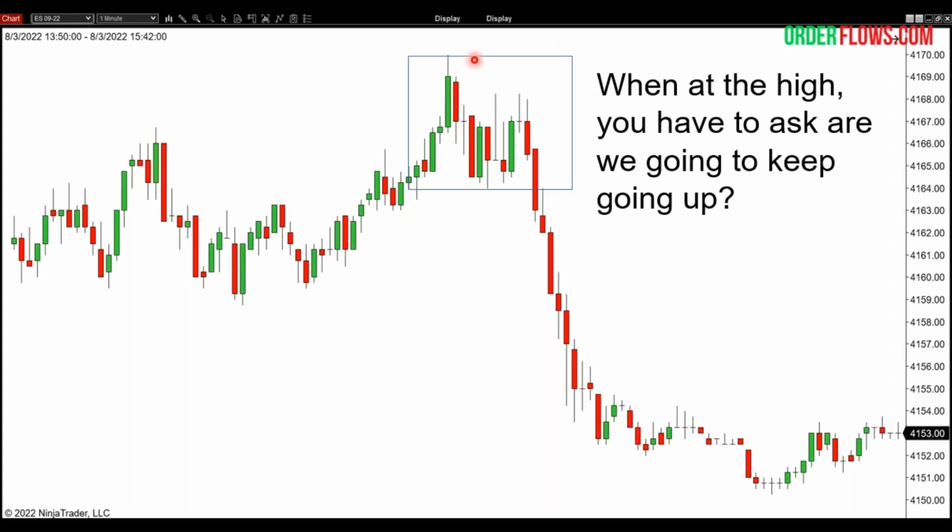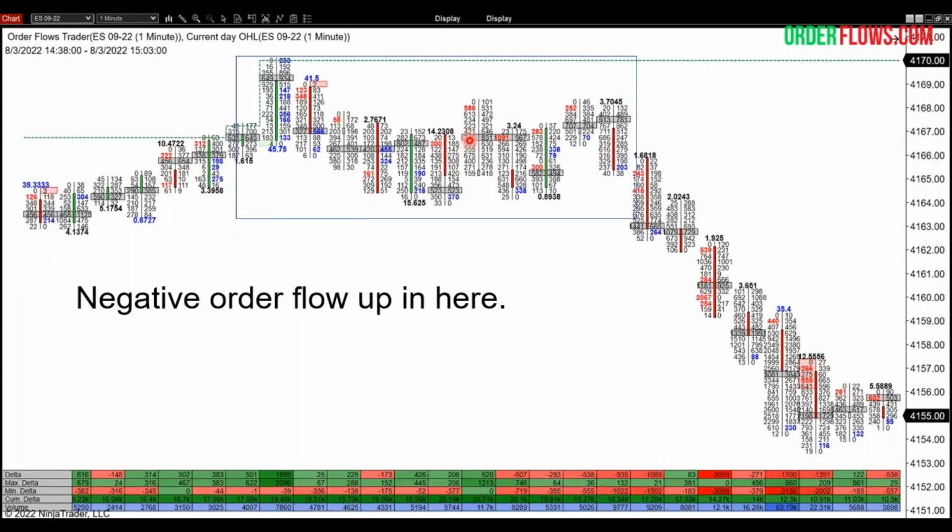Okay, well, when you're up here near a high, you always have to ask, what's the order flow look like? Is it bullish? Is it bearish? Are we going to keep going up, or are we going to go sideways, or potentially reverse? Because if you're at the high of the day and you're going to reverse, it could set up a beautiful trade, a big trade for you. And what you're seeing up here at the high is negative order flow, right before it broke down